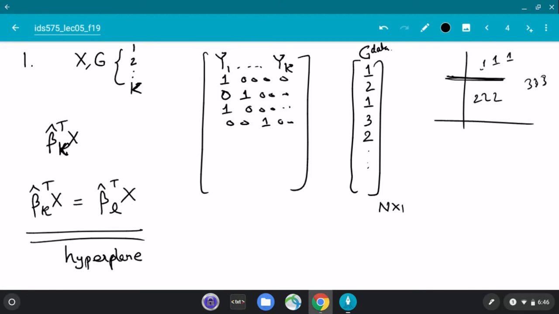It's a plane which, in 3 dimensions, you can imagine as 2 bunches of points and then a plane between them, right? That's the decision boundary. And of course there could be something between 1 and 2, something between 2 and 3. Whichever are the highest 2 scores, you just want to equate them essentially, if it's a 3-class classification problem. So this is how you do classification using regression.